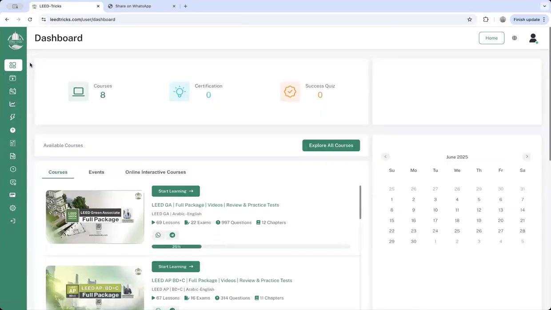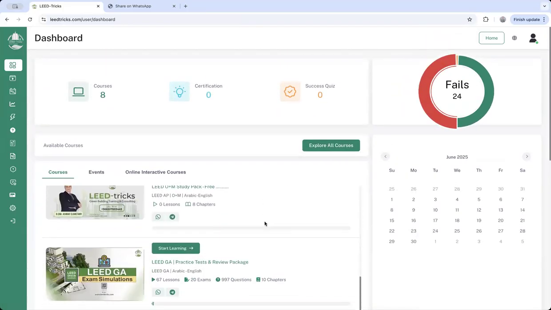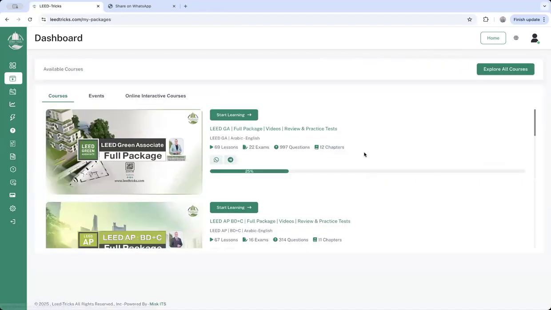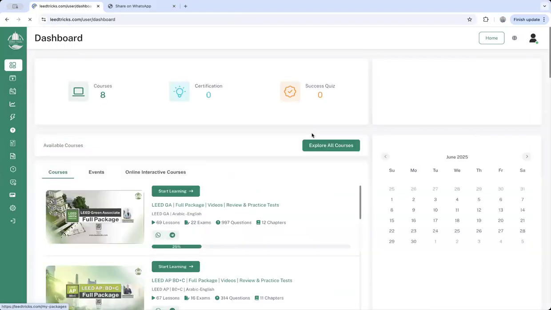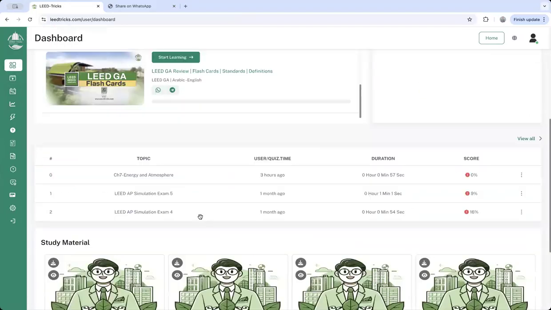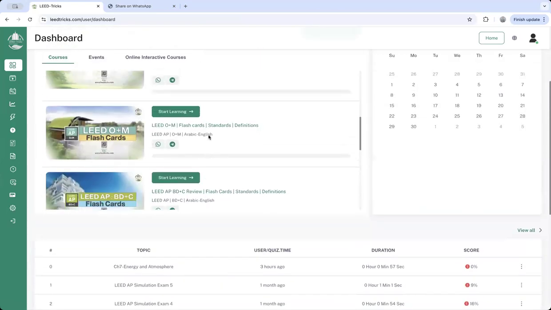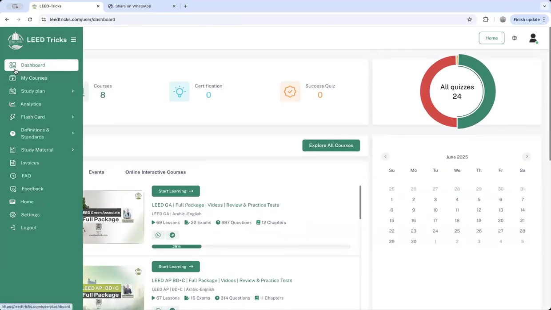dashboard, your dashboard, if you enroll in the full course, you'll find certifications, number of courses, and the number of successes, and it will give you analytics for every course. So when you go to my courses, it's only my courses, but the dashboard will give you some analytics here down there of the courses you passed and you failed. And the most interesting, I will show you also in the